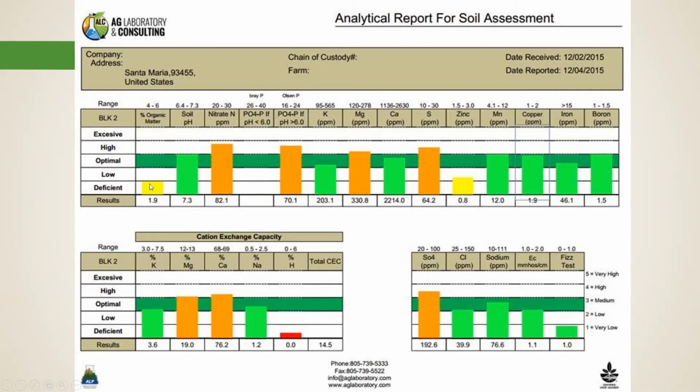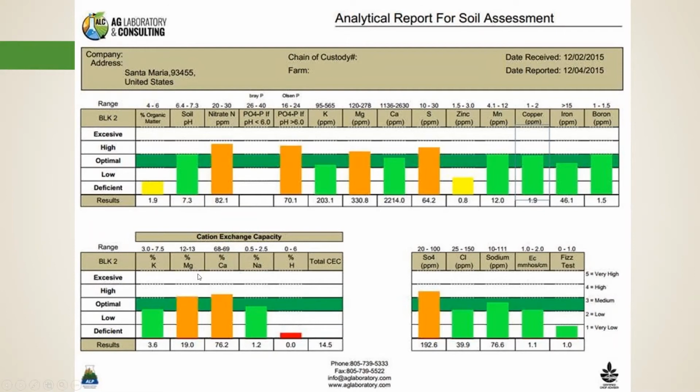So let's look at our organic matter. We're deficient, and that goes along with the CEC and the pH. So the analysis of this soil sample tells us that we need to increase our organic matter.